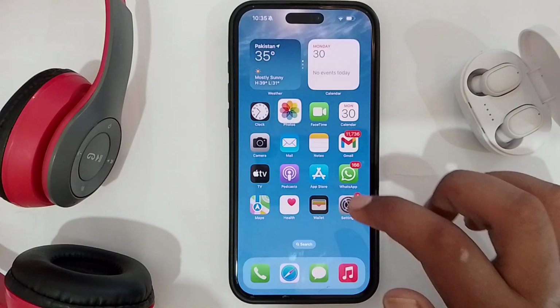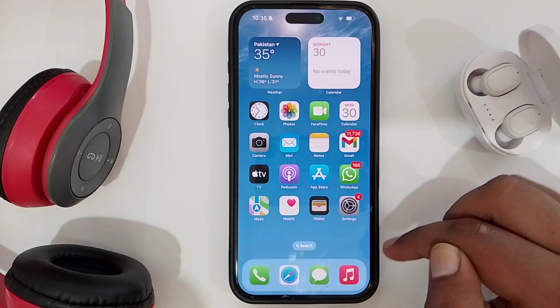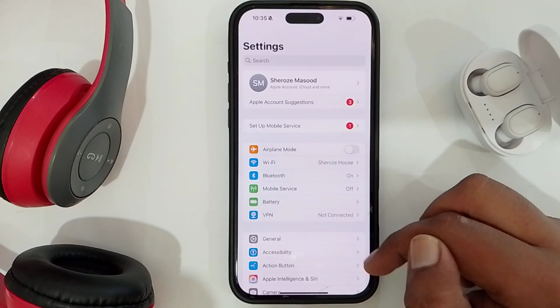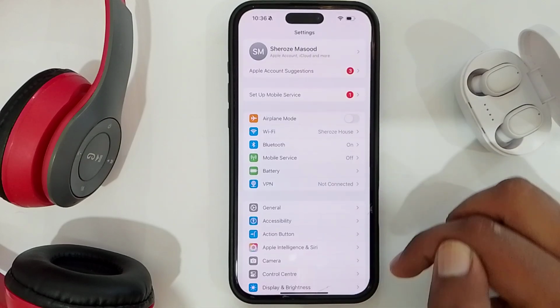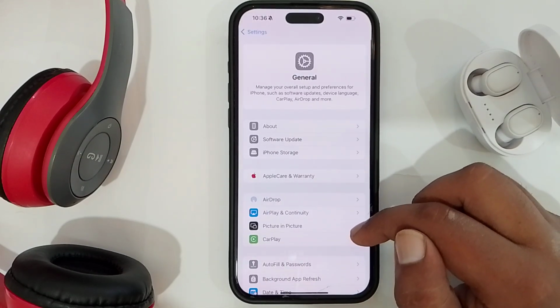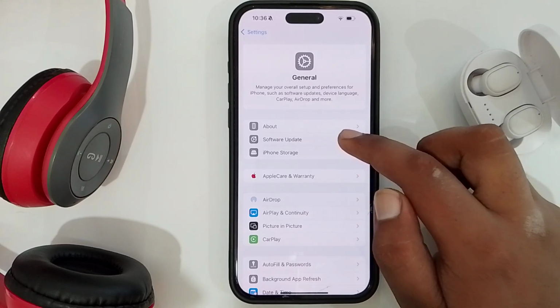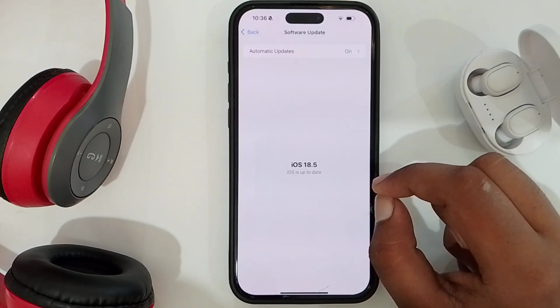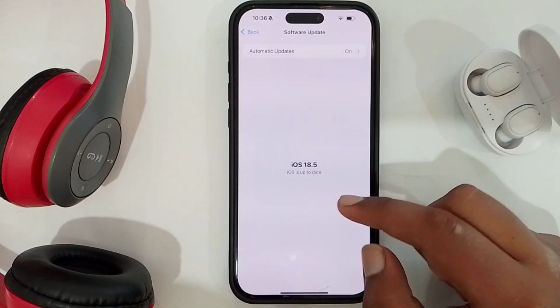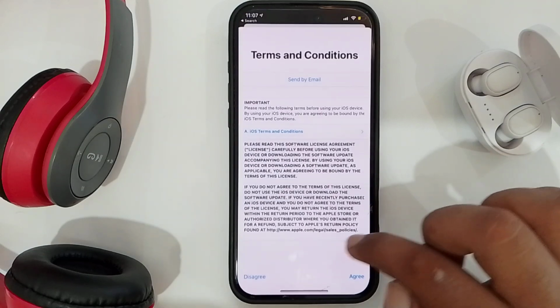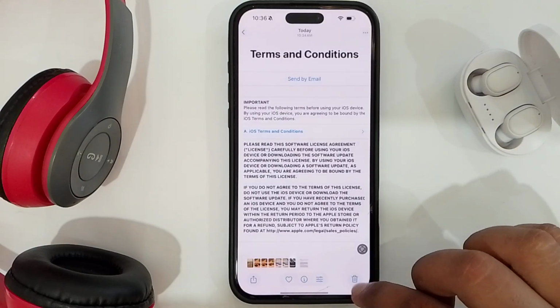First, you have to open your phone settings, and here you have to check if your phone is updated or not. So open the General option, tap on it, and here you have an option of Software Update. Just tap on it, and here you have to check if your phone software is up to date. As you can see, my phone software is up to date, but I am unable to agree to these terms and